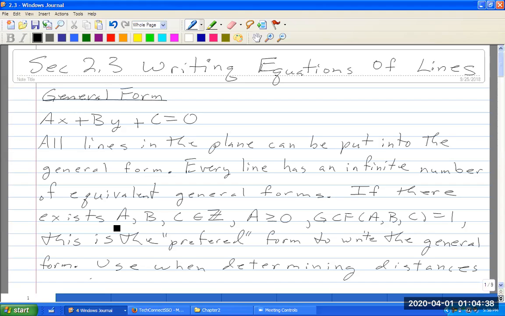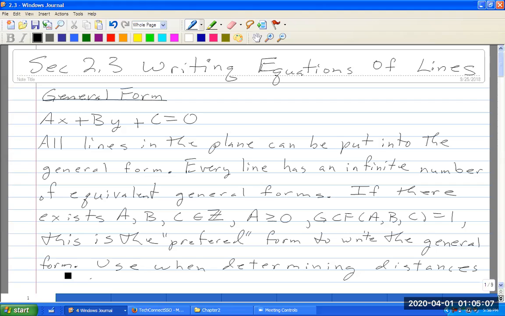So if there exist numbers a, b, and c, which are integer valued, and such that a is greater than or equal to 0, and a, b, and c are relatively prime, meaning that the greatest common factor between integers a, b, and c is just 1, then this is our preferred form to write the general form for the